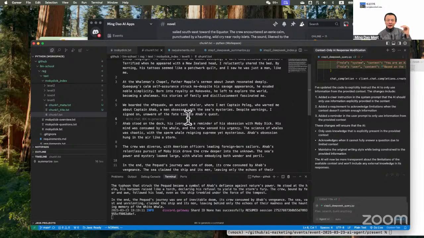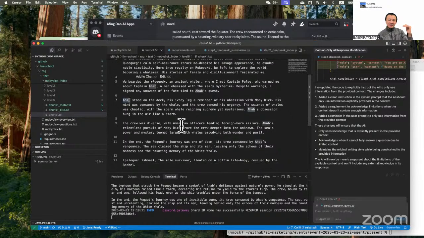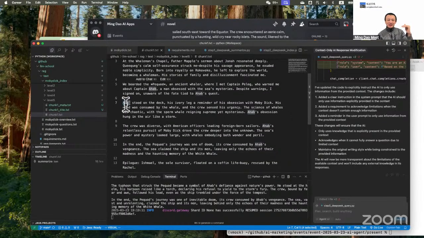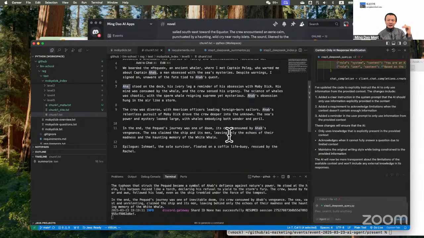And then this is a whaling. So the whaling industry was there in the 19th century, and there are lots of people that make a living by catching the whales. So he boarded this ship with this captain, and then